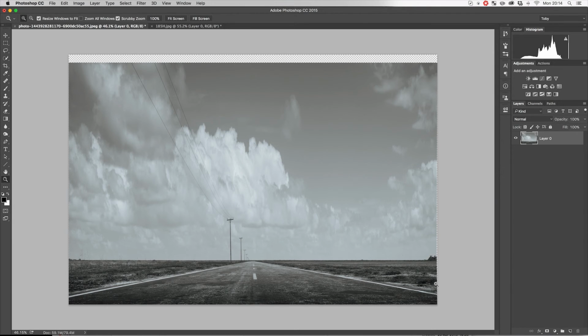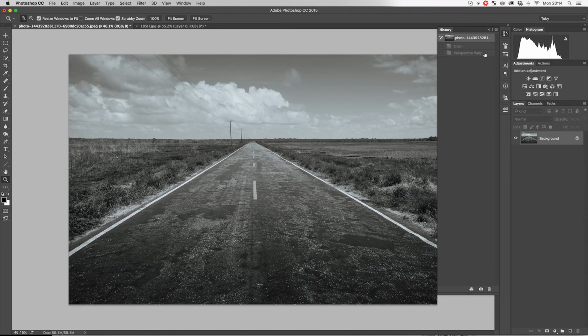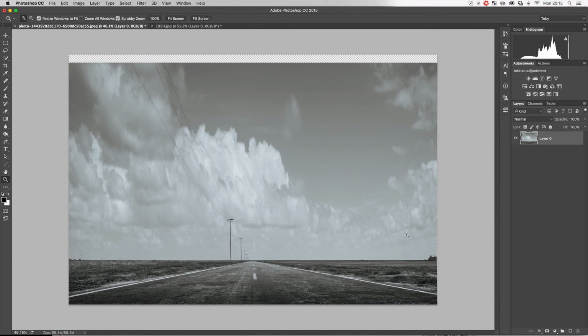Now, this is a really extreme example of this, and possibly it's over the top. You can see where the clouds have actually been stretched a little bit, and it's not really worked. But if you just needed a shot of a road from this perspective, and all you had to work with was this, then it's a really cool way to at least get this bottom element. What you might want to do in this case is replace the sky or do something a bit different in that respect,